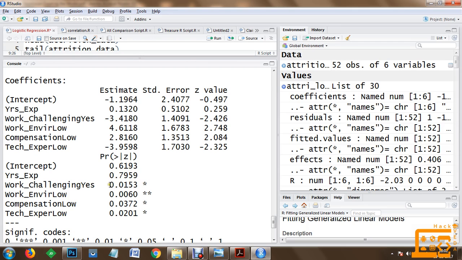Work challenging is highly significant to the data set because its p-value is much lower than 0.05. The same goes with work environment. This means work environment is a highly significant factor as far as iteration and employee satisfaction with the company are concerned. Compensation is also a significant factor, and technical expertise is also considered a significant factor as far as iteration is concerned.